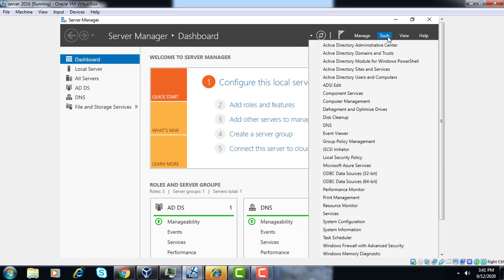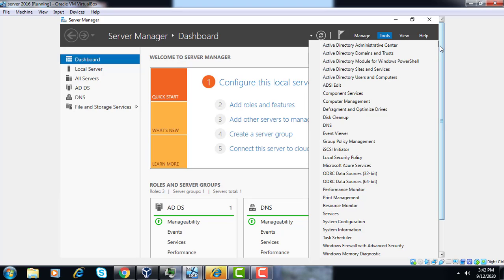In sharing level permission, we can share a single file or folder on a particular server or any of our systems, and we can access that folder from anywhere in our network. NTFS is a new technology file system, and with it you can give security permissions to a folder and its subfolders. So these are the two main types of permissions.